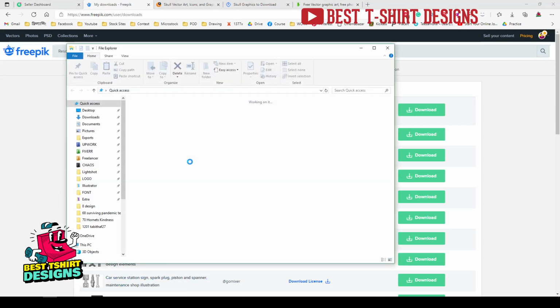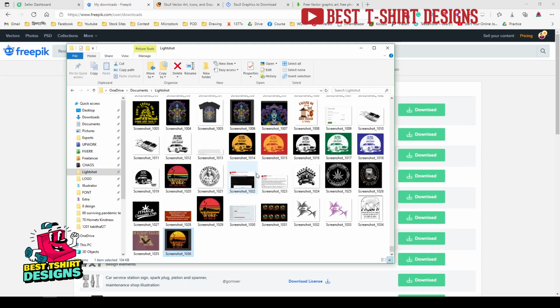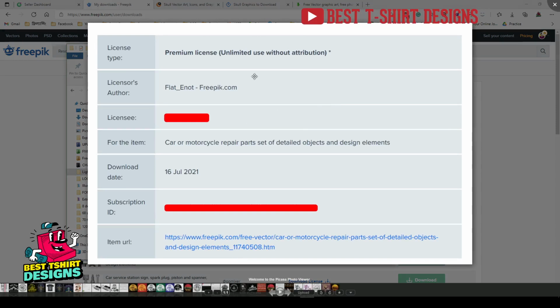And of course if you are using a premium license, if you have a premium subscription, then you don't have to worry about that. But if you are using a free license, then this is what the license looks like. You can see this is a premium license I get with my subscription for every file that I am downloading. So here is the license name, here is the subscription ID. It will give me that exact vector link with this subscription license. That means if I am getting any kind of copyright problem on any website, I can just submit this license copy and that will be solved. So that is for premium.